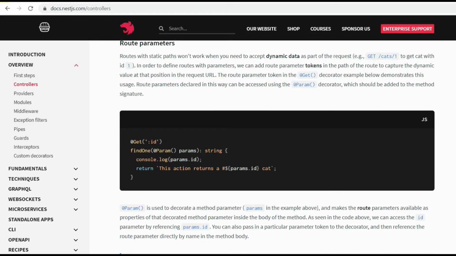Now let's talk about how to get the request data in our route handler. To get the route params in the route handler, we can specify a placeholder in our path and accept it in the route handler using the @Param decorator.